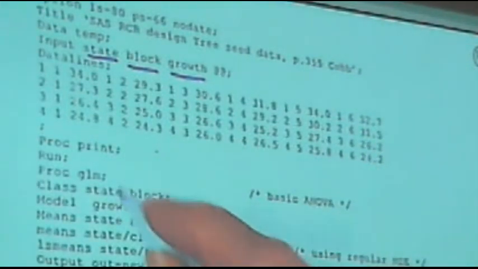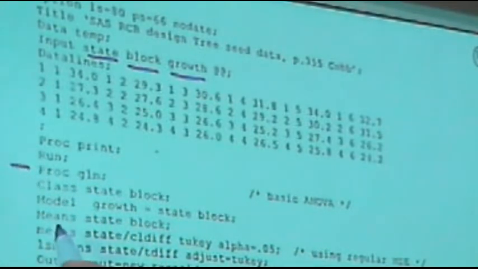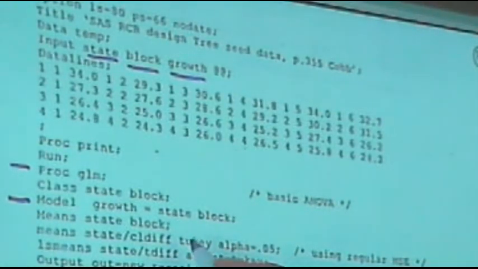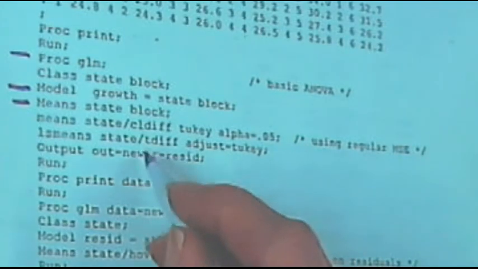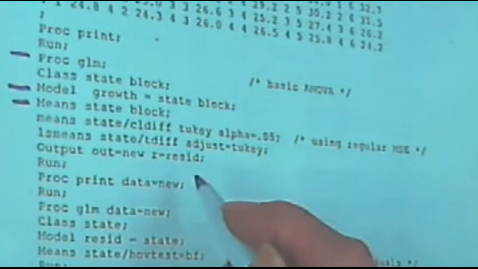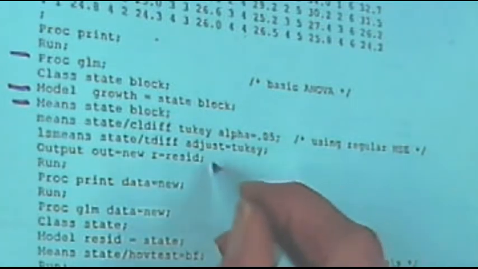And so we begin with proc GLM. Here's our model. Growth is equal to state and block. Then I ask for means on state and block. I ask for means on state, confidence limits for the difference, Tukey method, alpha equal 0.05. Then least square means state slash t difference, t test for differences, adjust equals Tukey,